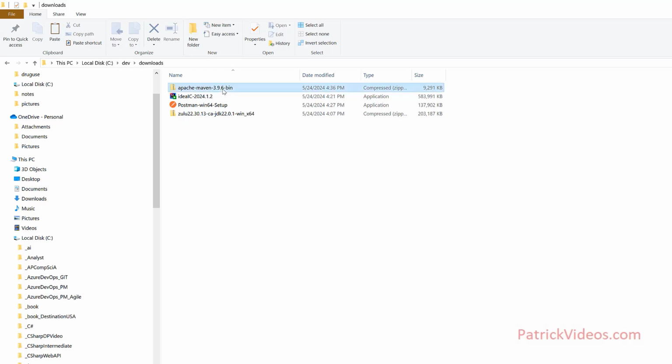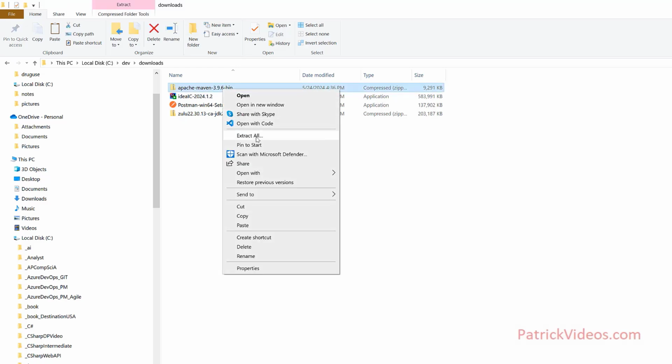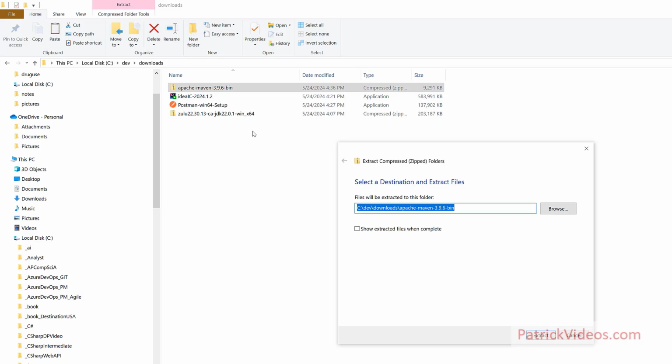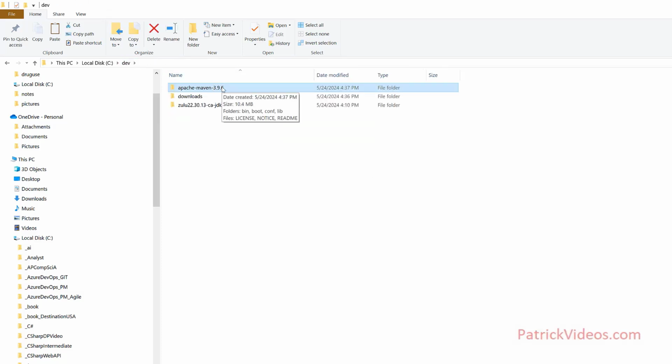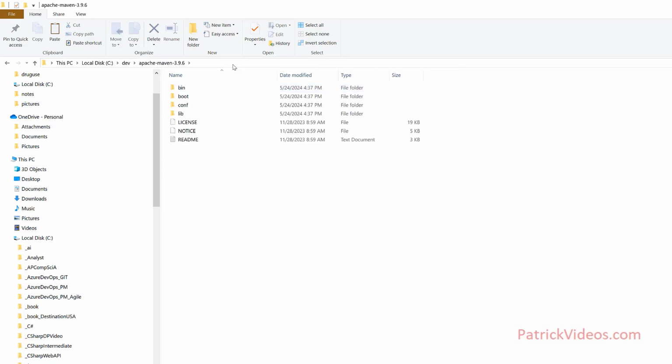Let's unzip this. You can unzip it anywhere. Let's click on extract. Now we need to set the path for Maven. So let's open the unzipped folder. Copy this